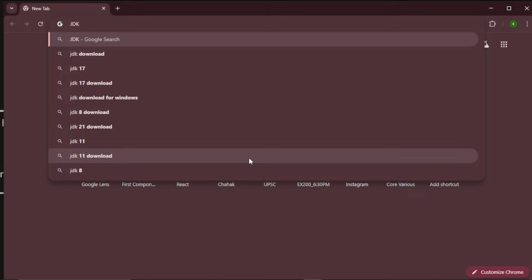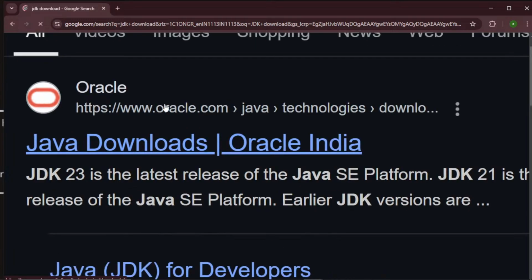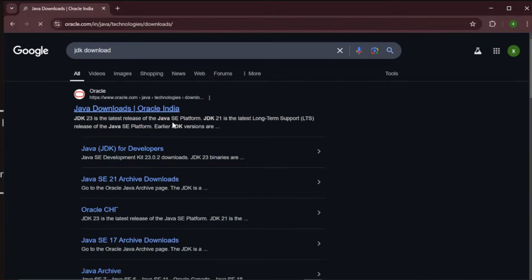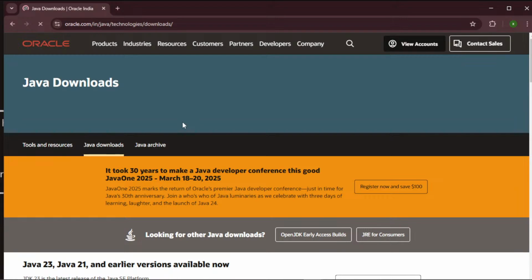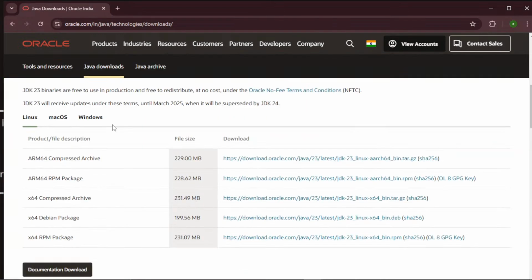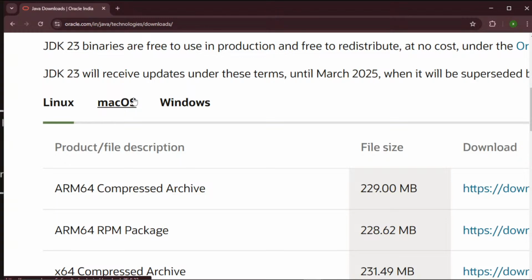Oracle is the company that sponsors Java. Here you will find options for which system you want to install Java on, whether Linux, Mac, or Windows.